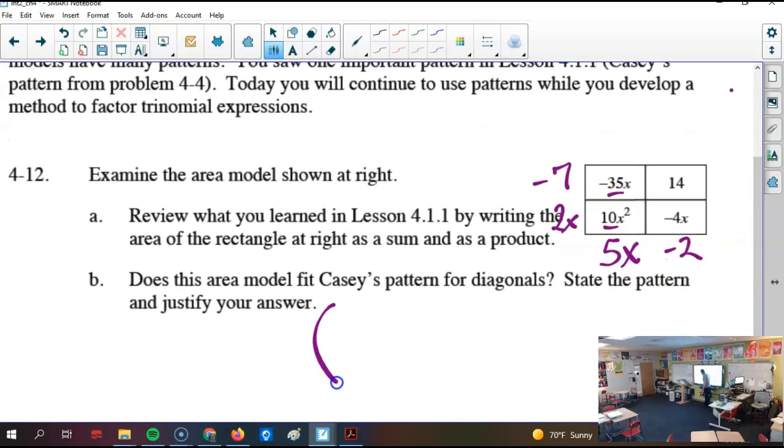So our area as the factored out binomials